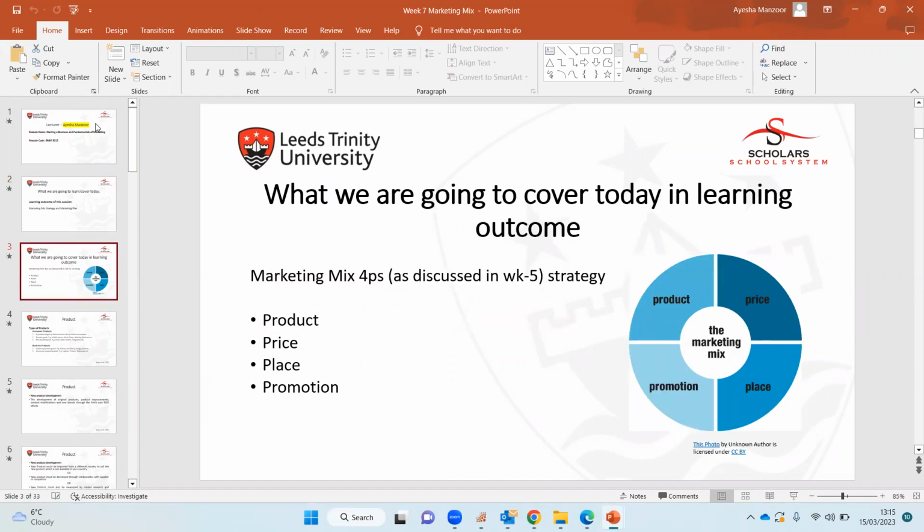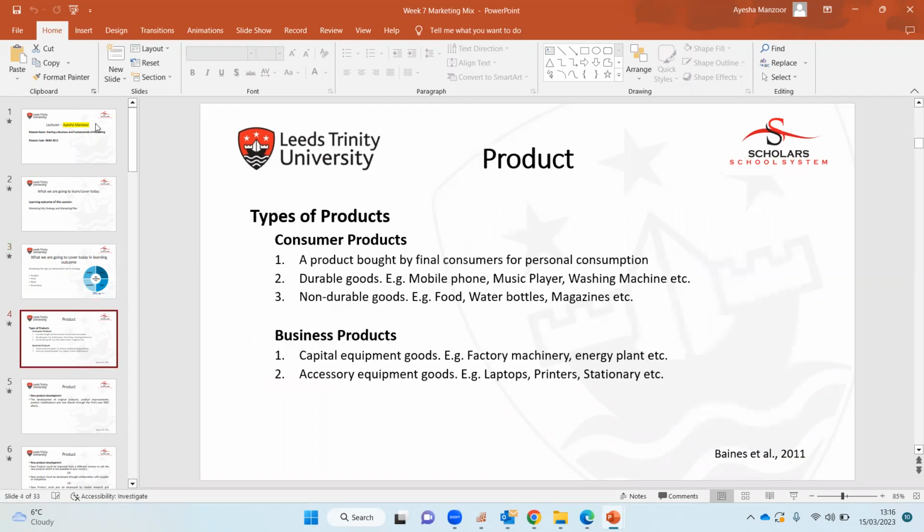Again, we discussed the marketing mix in a previous lecture, in week 5, but it was the most important step that students have to cover in their poster plan presentation. So again, that has been discussed as a separate topic in class: product, price, place, and promotions. Specifically in week 5, we just studied what products are and what the elements could be. And then here we have put in more information regarding what types of products organizations produce, like consumer and business products.